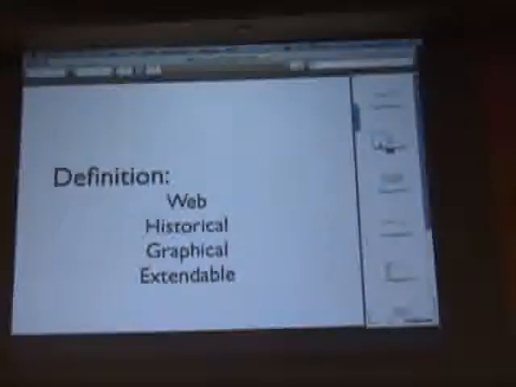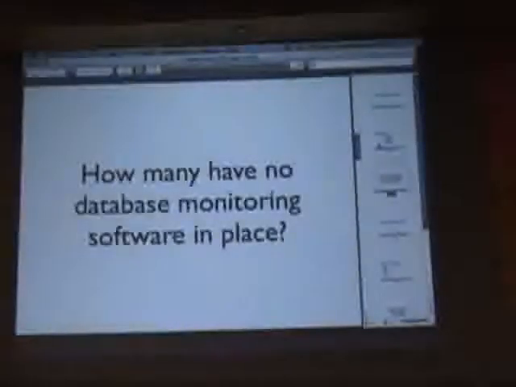So what do I define as monitoring and graphing, just so people know? It's something that's web related, it can record historical information, it provides a graphical interface for results, and it's extendable, which means you can add to it. Having been a consultant for several years at MySQL,